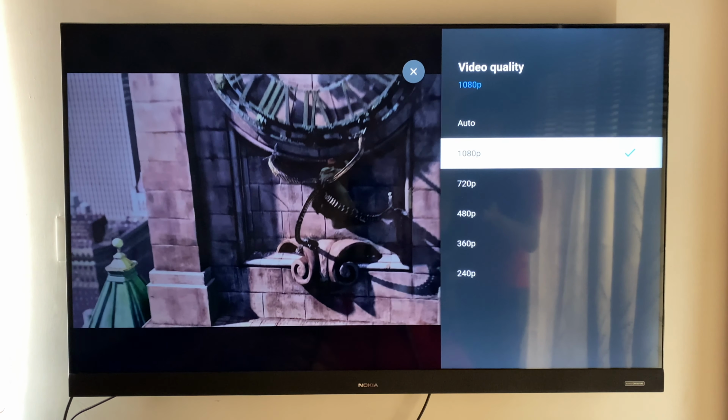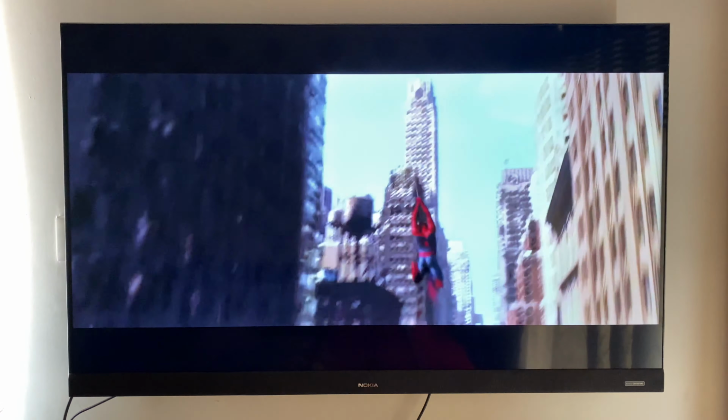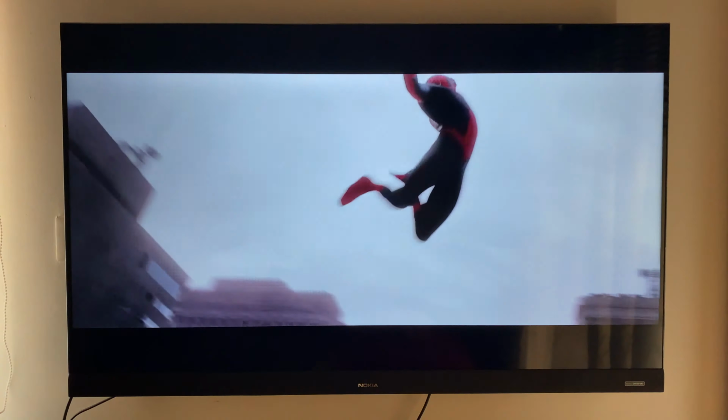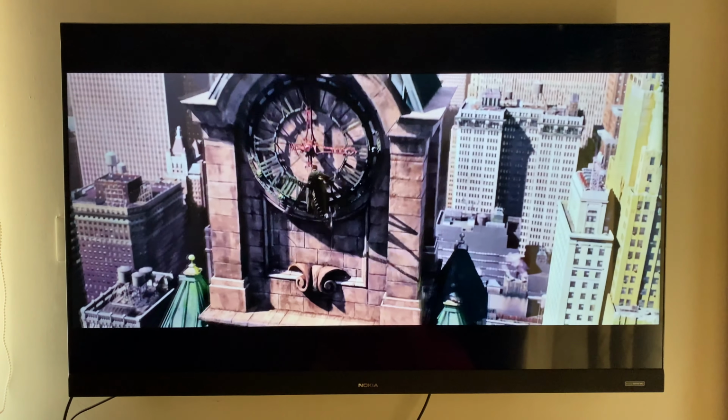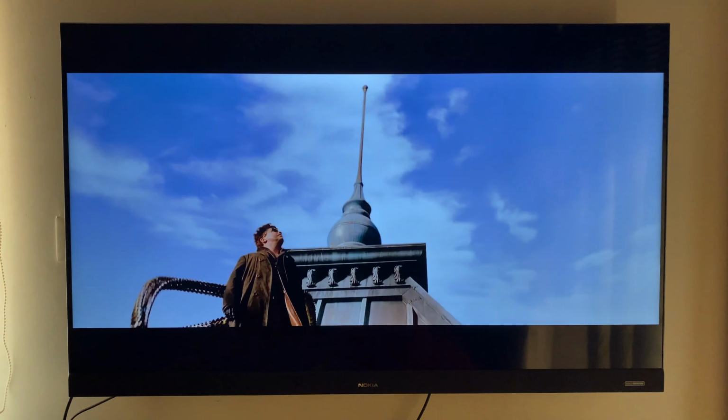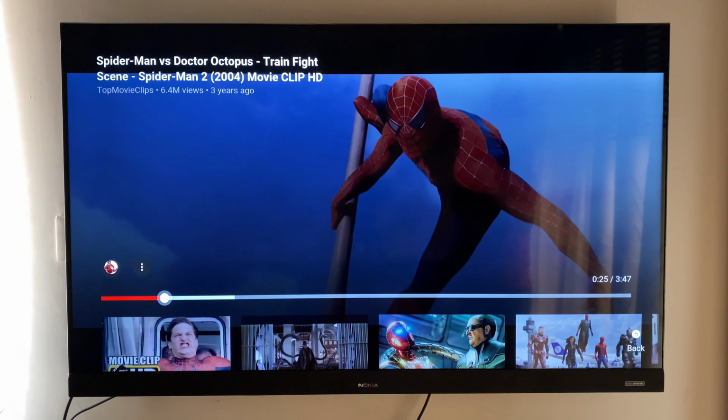So here's that shot. I won't be able to play it for long, but please notice the motion smoothness while our beloved Spidey is swinging across the city. I don't know if you can make that out on the camera and how well the camera captures this, but I just wanted to show you this short little clip, and I'm going to pause here.